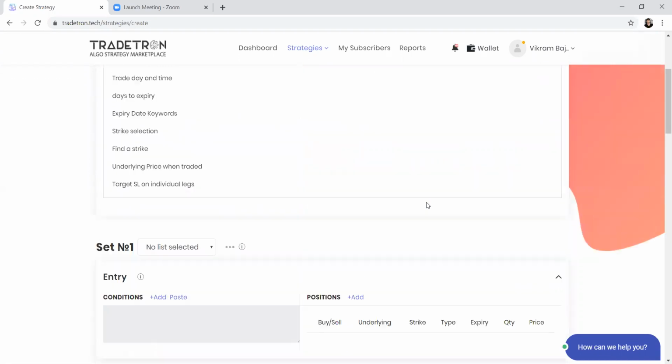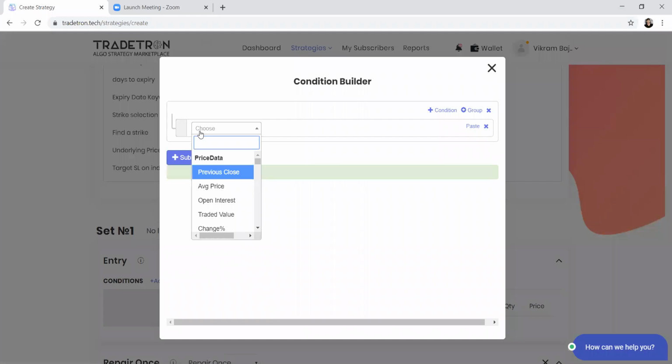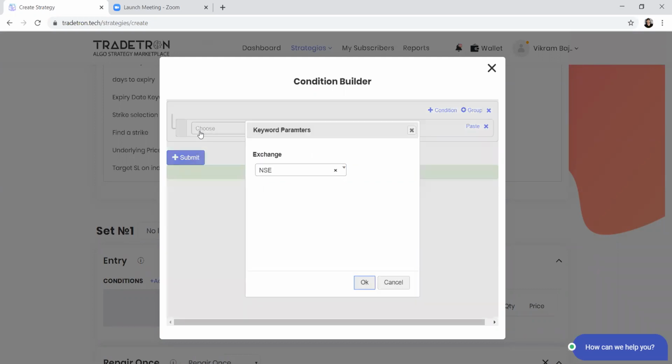Okay, so we'll start with the date and time keywords. Let's say you want to trade only on expiry day.